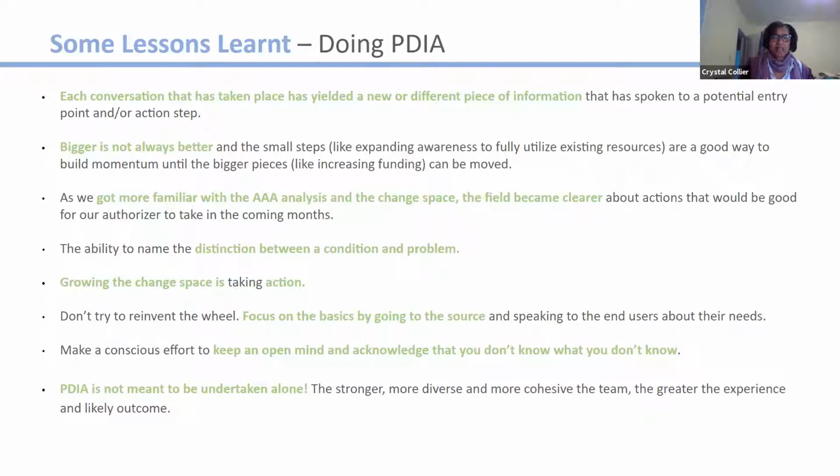Growing the change spaces, taking action. Don't reinvent the wheel. A lot of it is what you learn and how do you grow. Keeping an open mind and acknowledging. So when you go in with a growth mindset and you're open, things become clear and you can actually see cogs turning. And I think our last piece was that PDIA is not meant to be